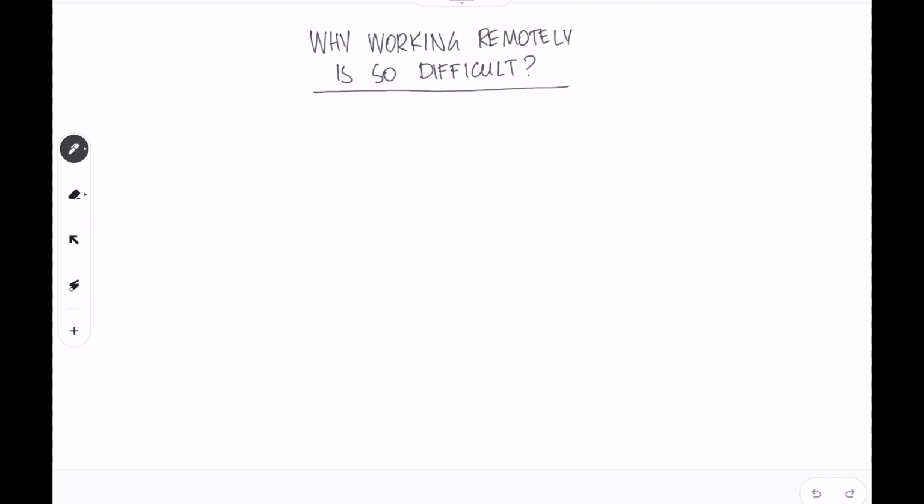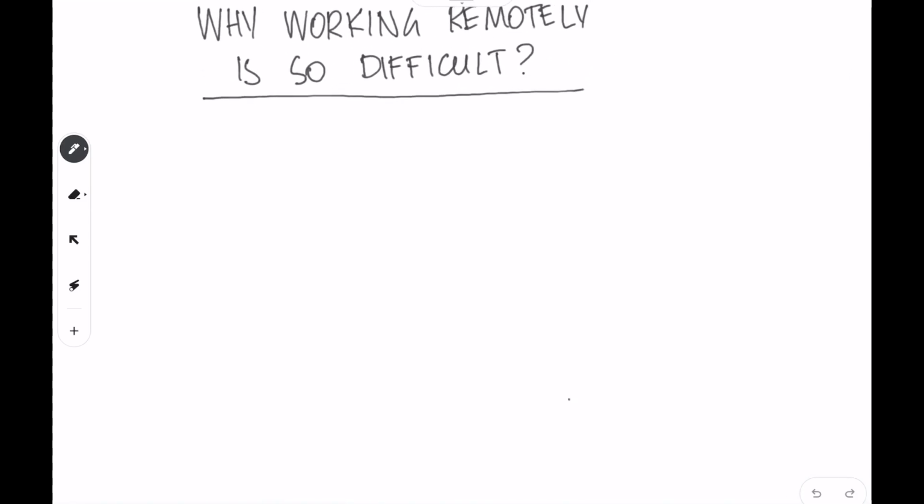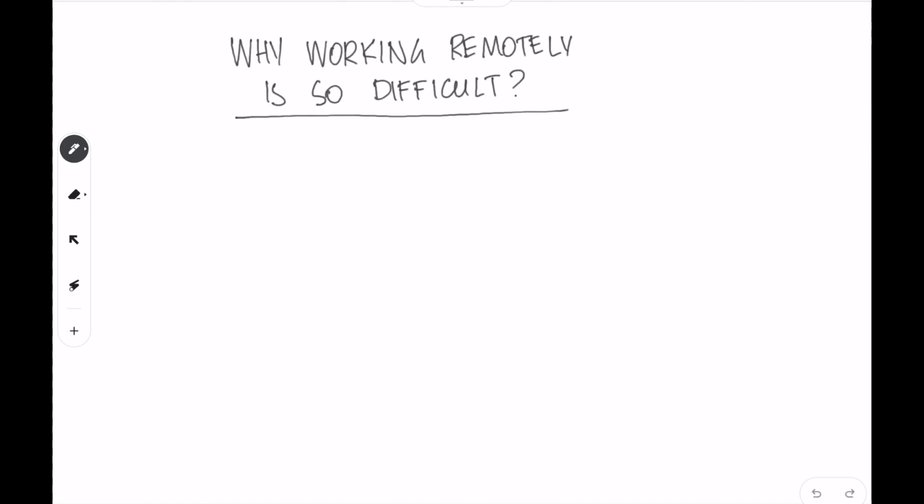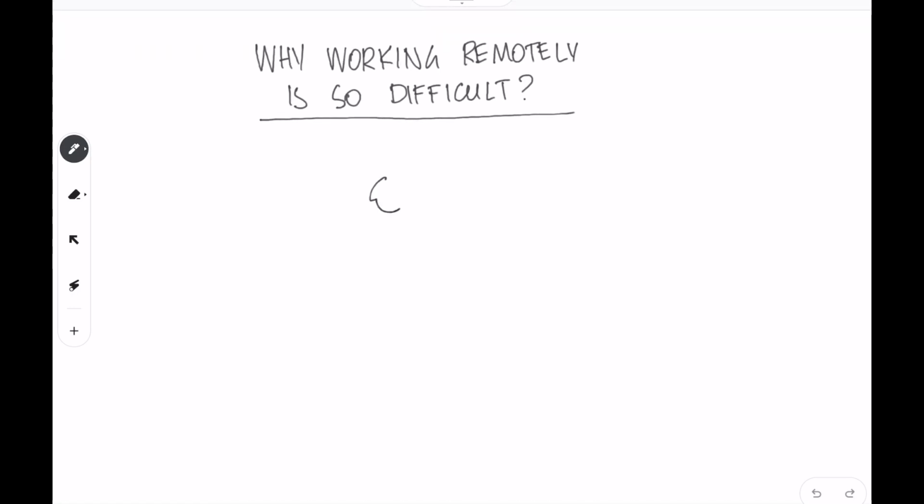We are on this slide here, and we would like to quickly explore why working remotely is so difficult. We will experiment with this format of drawing together while we are talking about this topic. I'll just set up the scene with the first step, a kind of provocation of the topic by saying that I think it has something to do with the amount of signal